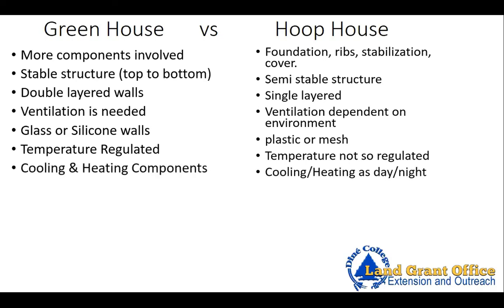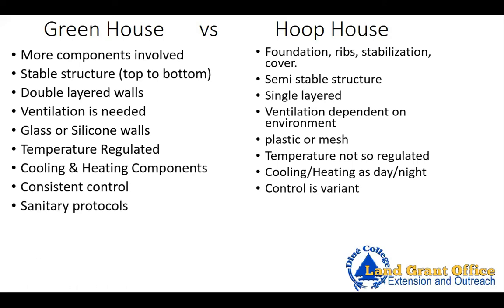And then going on from that, there's the heating and cooling system, like I said, for the greenhouse, cooling and heating as day and night change. For the hoop house, consistent control, not so variant control. Then sanitary protocols, and I think that's a really